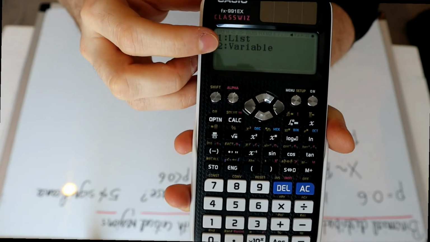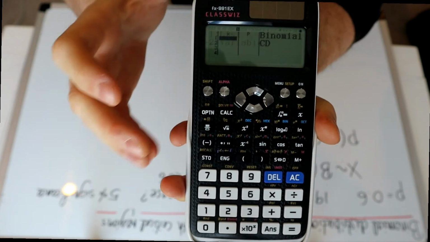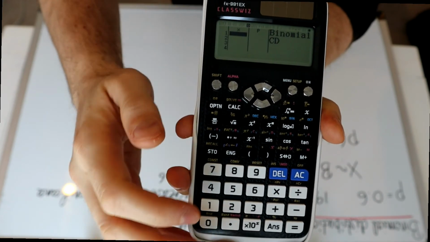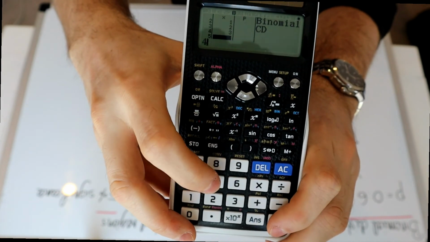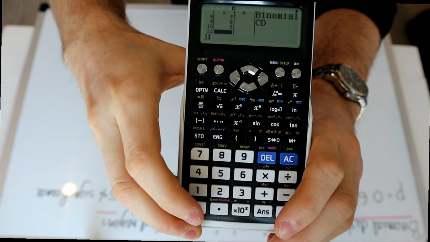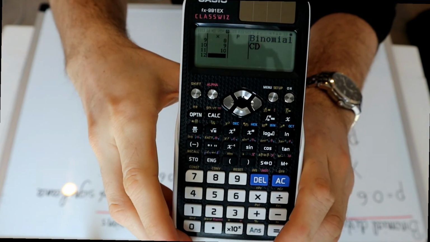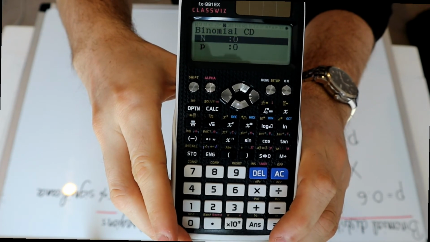But this time, instead of doing variable, which just gives us one value, I'm going to do a list. And at this stage, you have a table. You just want to write 0, 1, 2, 3, 4, 5, 6, 7, 8, 9, and let's go to 10. There we go. And then if you press equals again, it's going to ask you which binomial distribution to use,